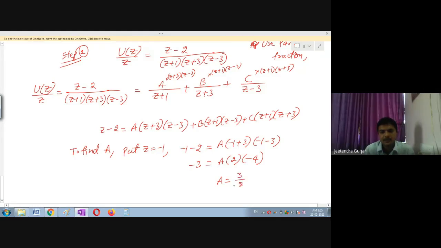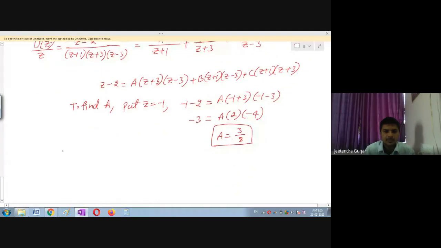Okay, I'm satisfied that at least one has given the answer. Please, everyone, answer the question, students. So have you found out B? B and C, tell me. B is equal to minus 5 by 12 and C is equal to 1 divided by 24. Excellent, beta. You have got the correct answer.